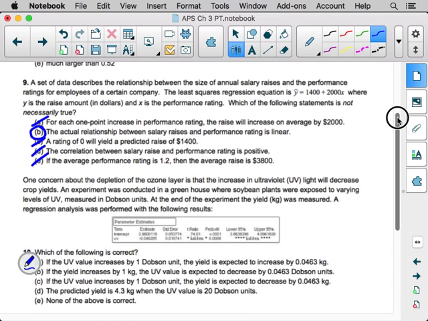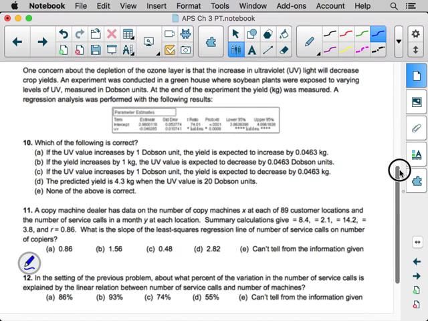All right. 10. One concern about the depletion of the ozone layer is that the increase of ultraviolet light will decrease crop yields. An experiment was conducted in a greenhouse where soybean plants were exposed to varying levels of UV, measured in Dobson units. At the end of the experiment, the yield in kilograms was measured. A regression analysis was performed with the following results. Which of the following is correct? All right,